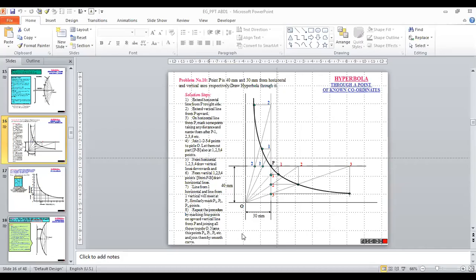Okay. Just wait a second. I will share that thing. Hyperbola. This is the Is it visible my screen?